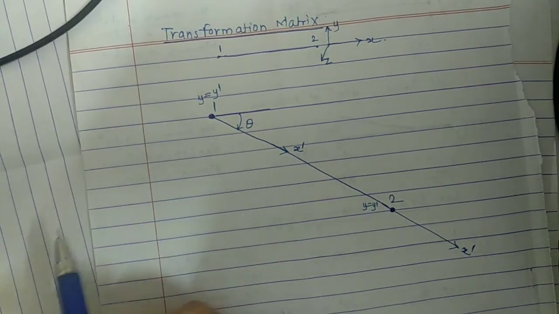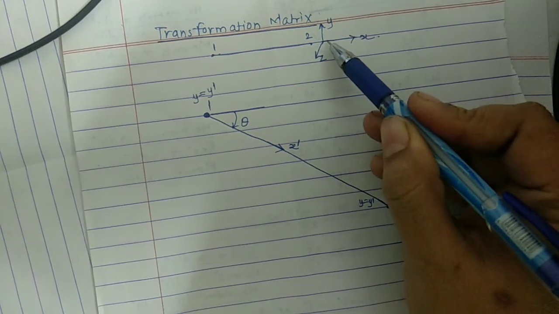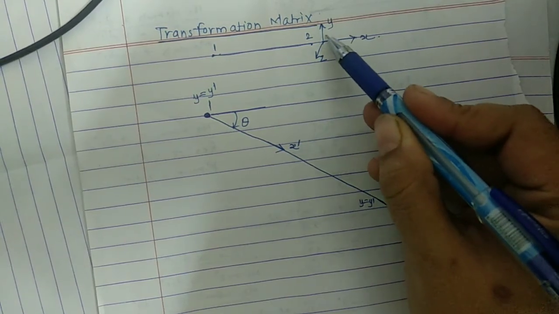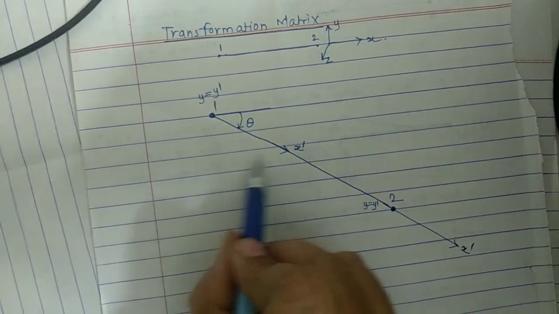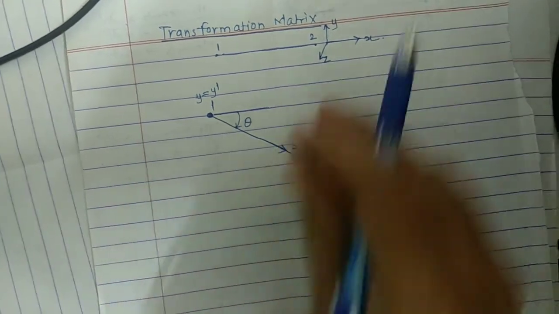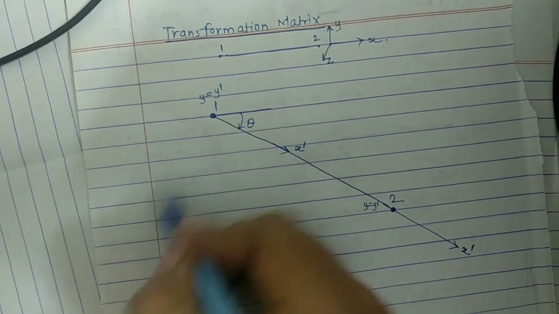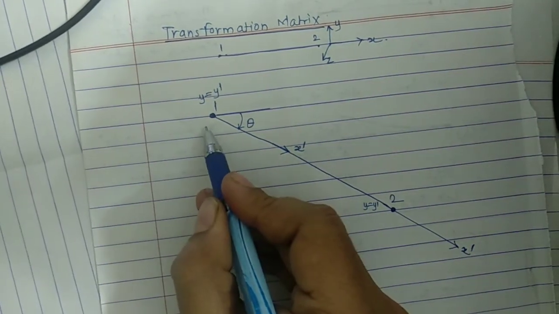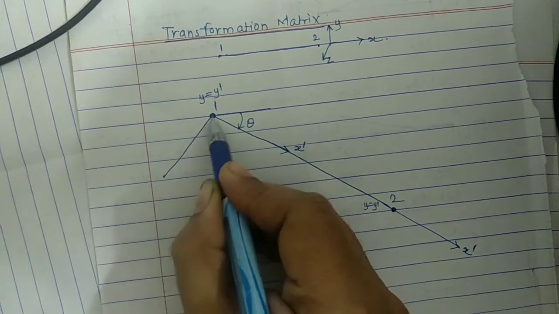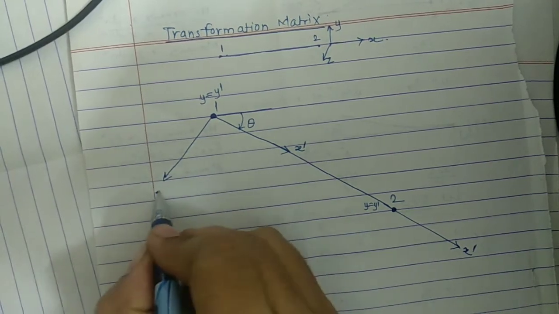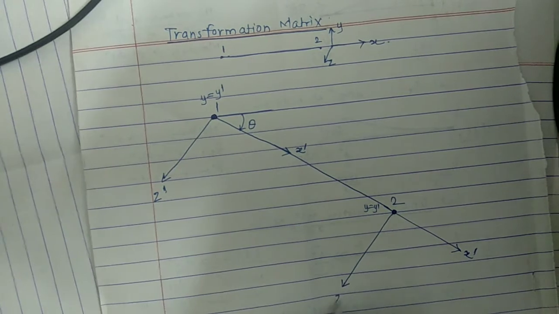Now the question is about this z axis. We know that this system is mutually perpendicular, the angle between each axis is 90 degrees. Here this x axis is rotated, that is, this system is rotated in this direction, so the z axis will be in this direction at a 90 degree angle. So this is x dash, this is the y dash axis, and this one is the z dash axis. Similarly at this node also z dash.